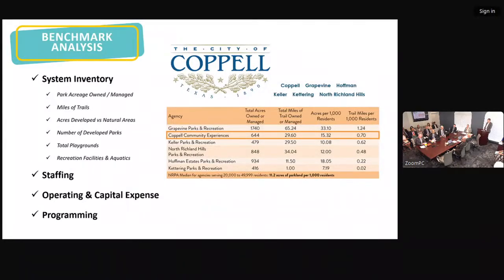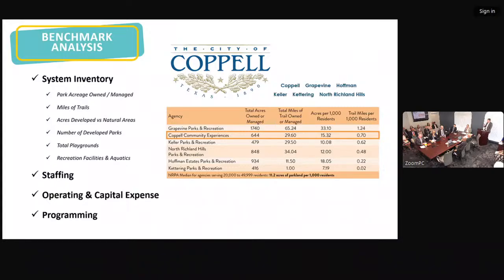We also did a baseline analysis against other agencies of either like size or trajectory, such as, you know, looking at gold medal finalists and winners. So we actually looked at a few different national entities such as Hoffman and Carrington Park.